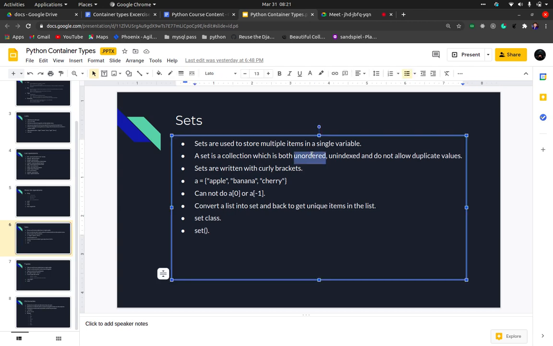So yeah, let's discuss these things. Sets are unordered because of no indexing, right? We don't have indexing, so obviously it is not ordered. It cannot keep a particular order inside. It also does not allow duplicate values, we will only have unique values, and sets are always written in curly braces. You cannot do indexing or slicing because we don't have indexes, but you can convert it into a list and back to a set, so that you can perform all the methods and operations. Now we have the set class.